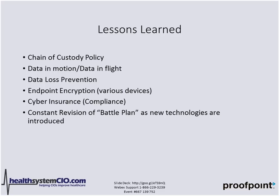Endpoint encryption, I talked about that as far as knowing the data in flight, data in motion, also knowing that all devices throughout your organization are encrypted. I talked about cyber insurance already. The compliance of it is a major factor. Going back to DLP,